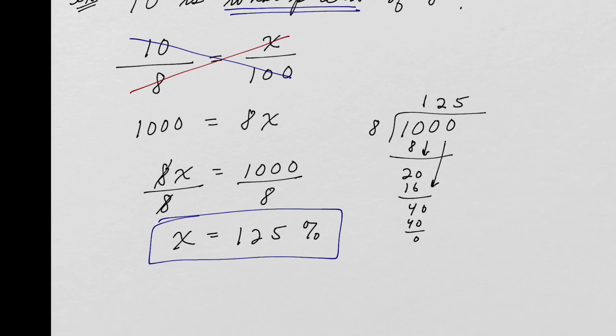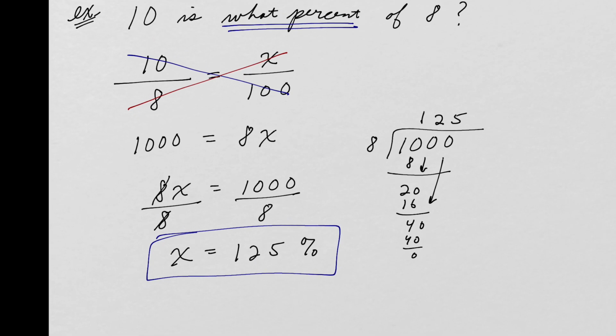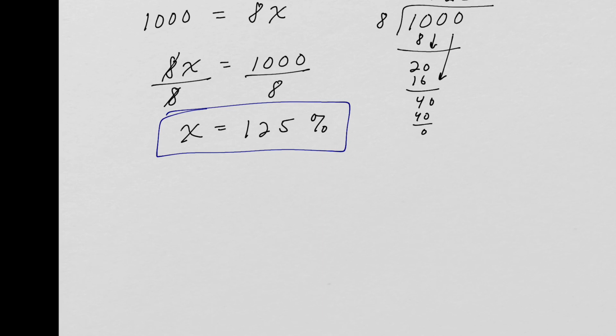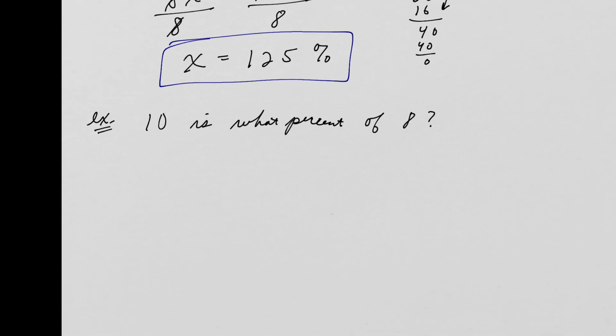Remember when we did it earlier, when I just wrote it as an equation, I did have to do that one additional step. Here, let me actually go back to that. Let me solve this problem again and show you the difference. So if we did this using the other technique, so 10 is what percent of 8? Then translating this into an equation, right? We had 10 equals, we just called this x, of times 8. So this is 8x is equal to 10. And now if I divide and solve for x,